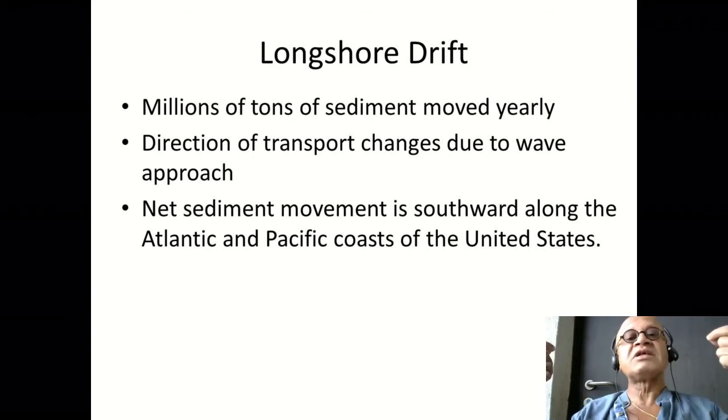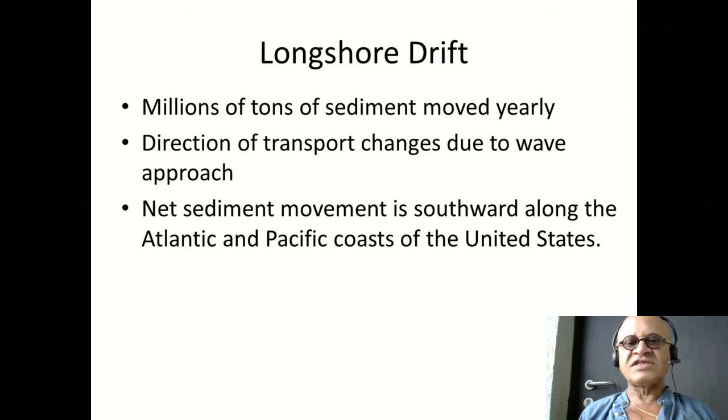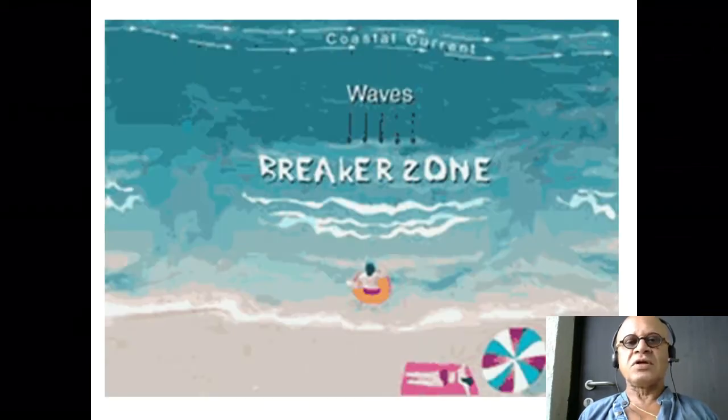As we will see a little bit later on, US, which is such a big continent, has 2 long coasts, many degrees of latitude. Both of them have southward coastal longshore drifts. So both coasts have southward transport, and here we are seeing the impact of one of the